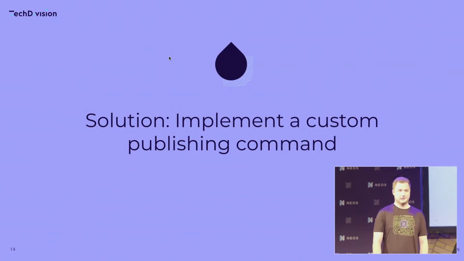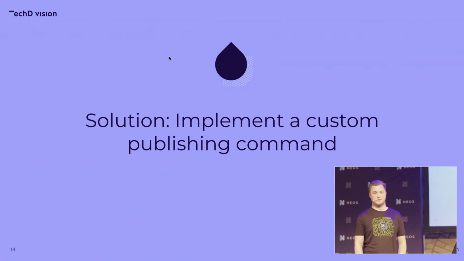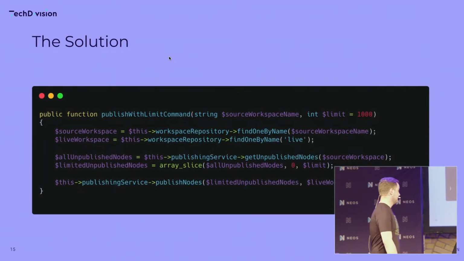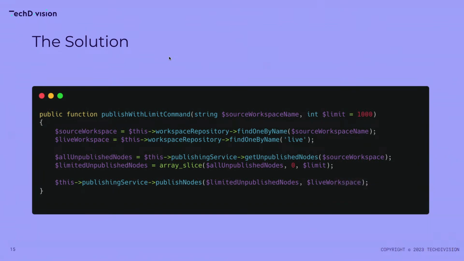So our solution for this problem was to build a custom publishing command to avoid it. Here is a dummy implementation of how something like that might look. It's fairly simple. We get the source workspace and the target workspace, in this case the live workspace, and we get all of the unpublished nodes for the source workspace,